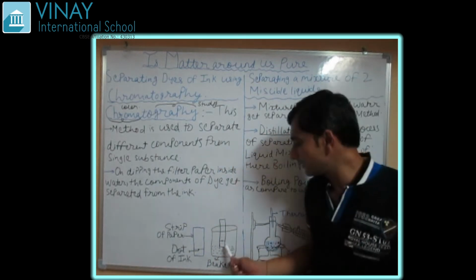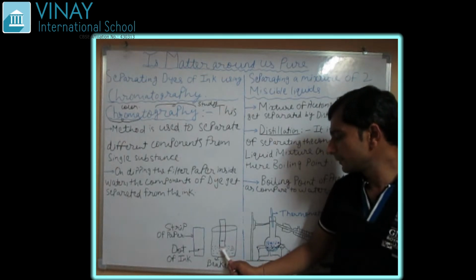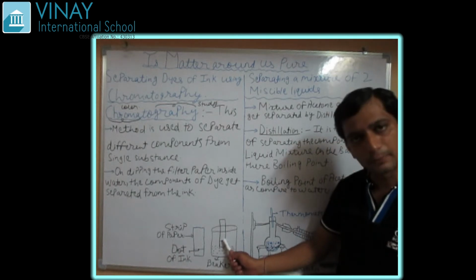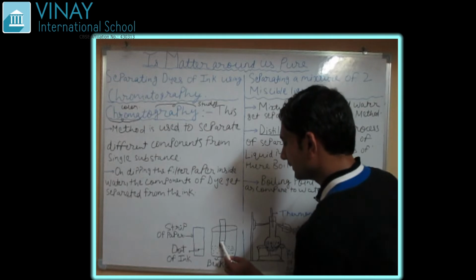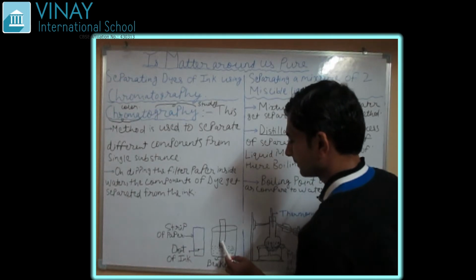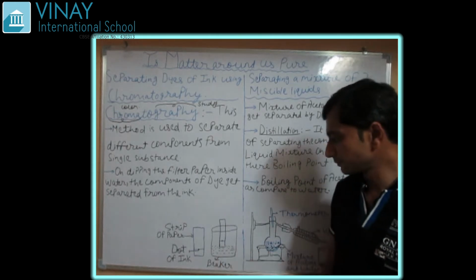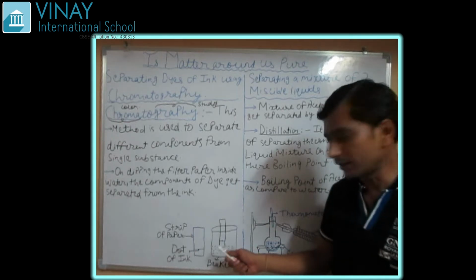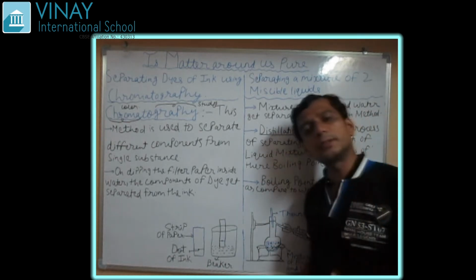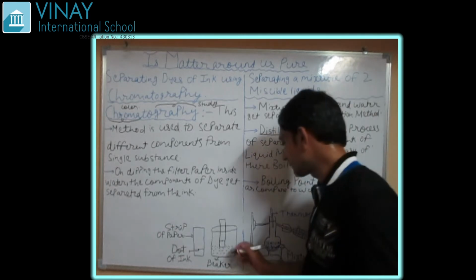Okay, so this is the only thing we are doing here. When we are dipping a little portion of it inside the water, what will happen? The level of water starts rising upward. Because of which, when the water reaches and crosses the level, the point where we have drawn this line and put a point on it, what happens? Various components of dye start getting separated from it. Okay, how do they get separated?